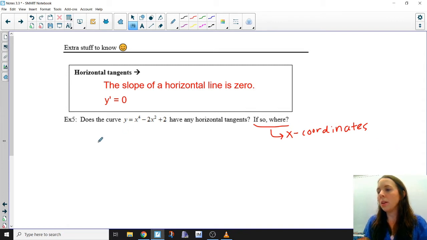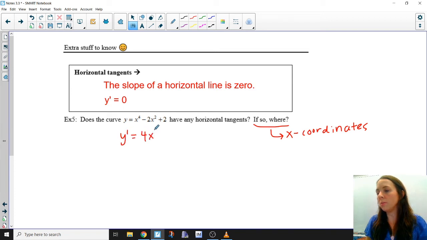So it's a pretty simple process as long as you remember this. The slope of every horizontal line is 0, and that translates for us into a y prime value of 0. So looking at our function y equals x to the 4th minus 2x squared plus 2, we take the derivative